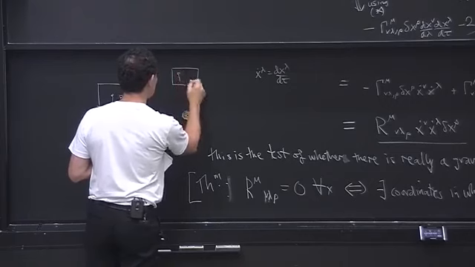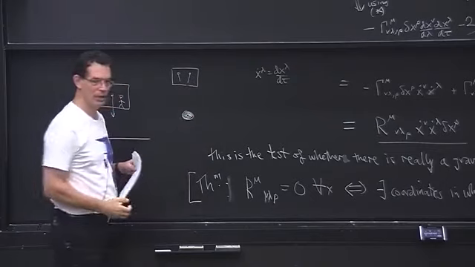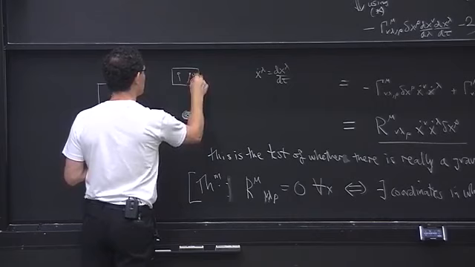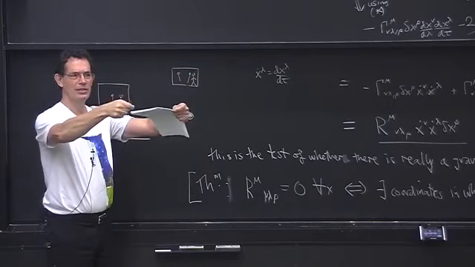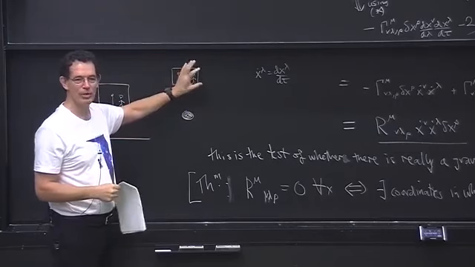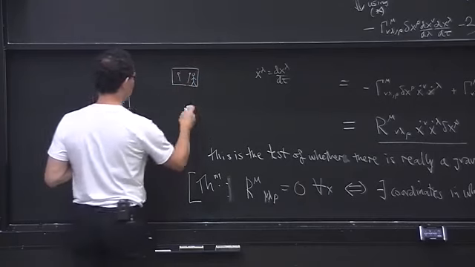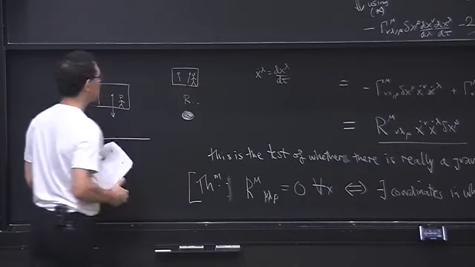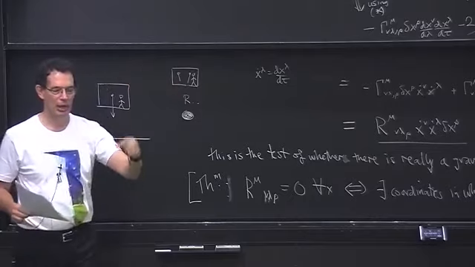So now I have two particles. Each one will fall towards the center of the Earth, and you're just falling down with the coordinates. So you let the two particles go, and what you see is they start moving together. Okay, well, that's a consequence of the Riemann curvature. So this field has a non-zero Riemann curvature, and the deviation of